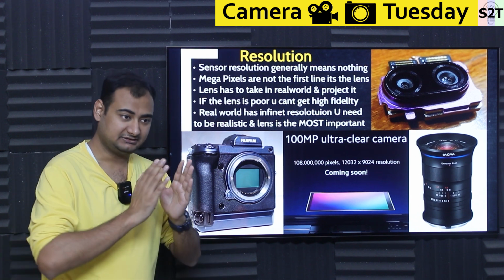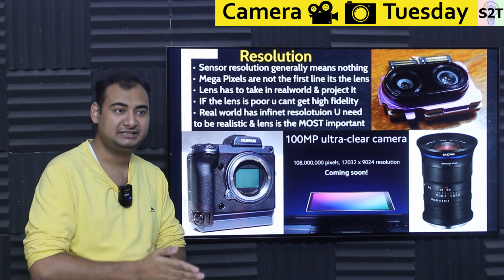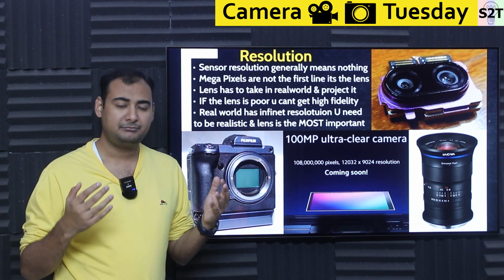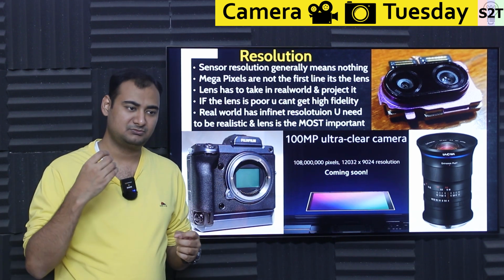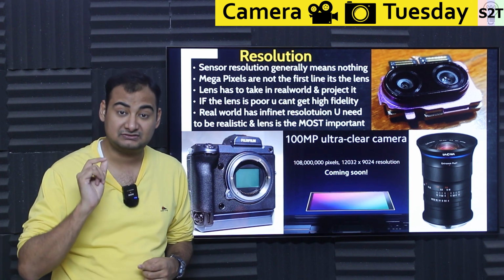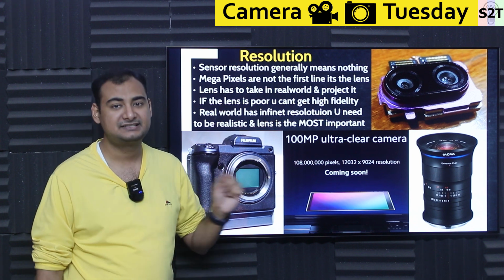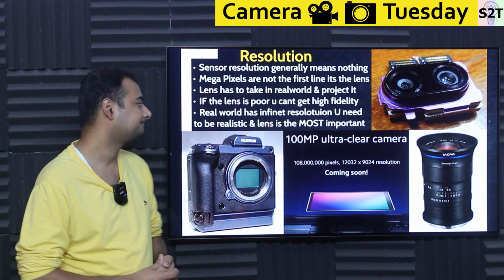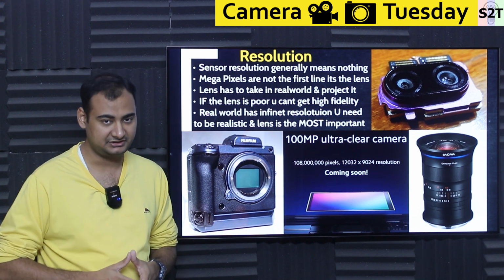So that's why the fidelity of your sensor means nothing if the lens itself is not high fidelity enough. For example, you can easily see many cameras are 48 megapixel, but get beaten by another 12 megapixel mobile phone. How? I can guarantee you, if that's happening, it's because of the quality of the optics. The lens was high resolution in 12 megapixel, and in 48 megapixel, it's just fluff. So this is a very, very critical aspect.